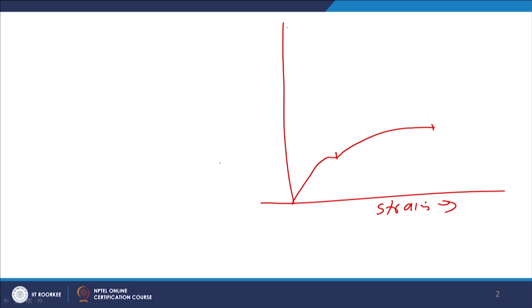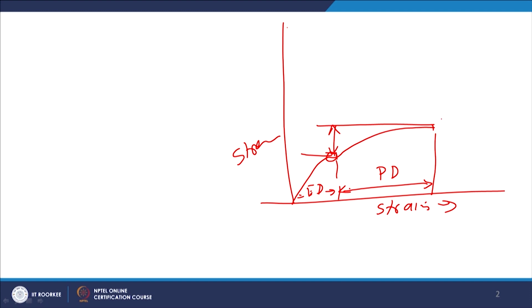This is a typical engineering stress-strain curve for a metal which does not show much work hardenable behavior. So, for such large plastic strain values, say this is the elastic deformation zone, or elastic limit, and this is the plastic deformation zone. The stress requirement is increasing very slowly with the increase of strain. So, this will be considered as a low work